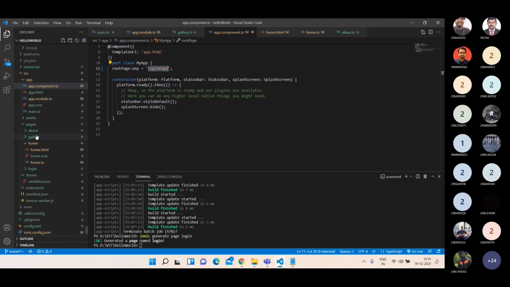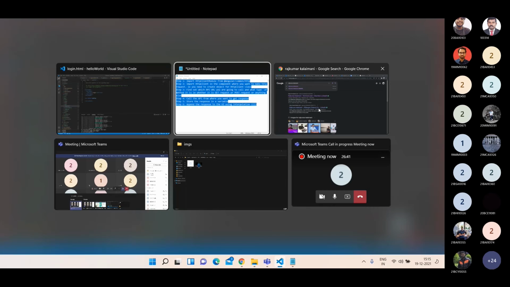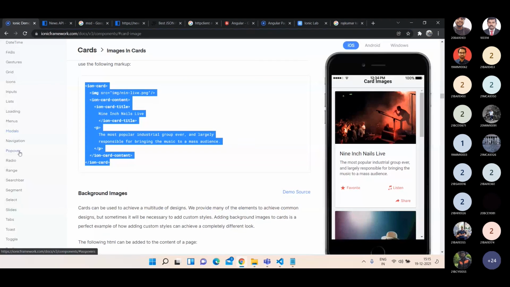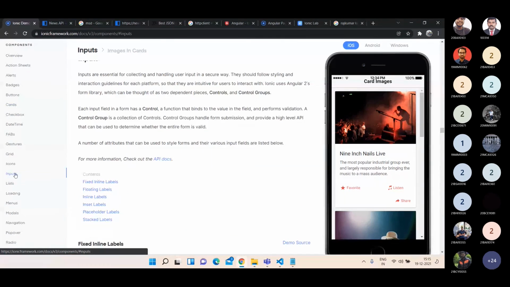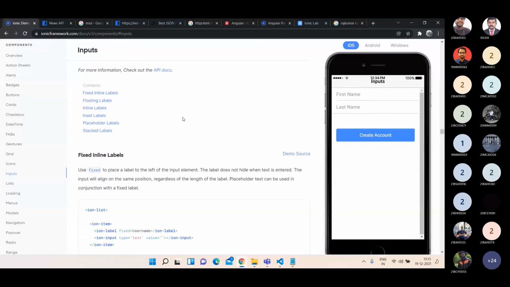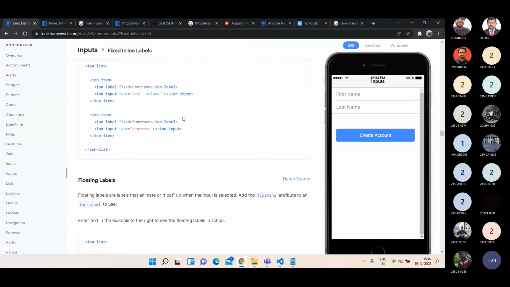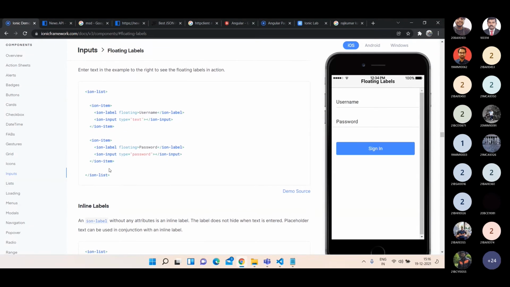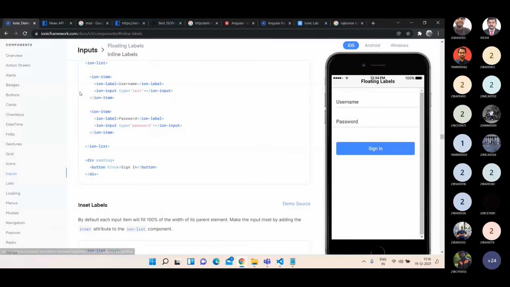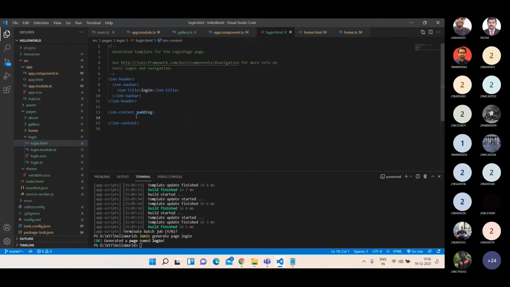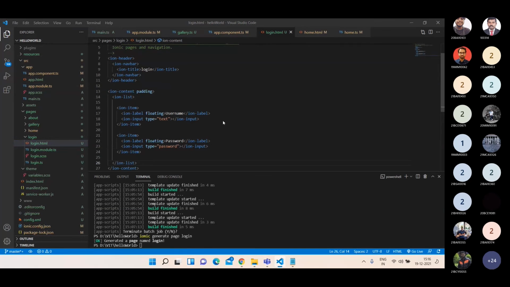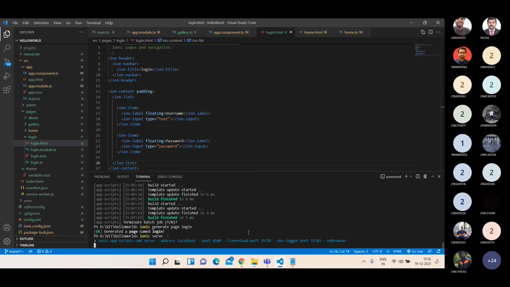So let me go to the login page and open it. Inside the login screen, we are going to make some UI. You'll be having something called inputs. I'm just going to copy and paste the content. I'm not going to do anything else. Let us copy this one and paste it here. Now we can run the application.